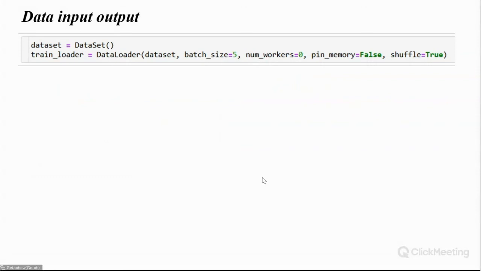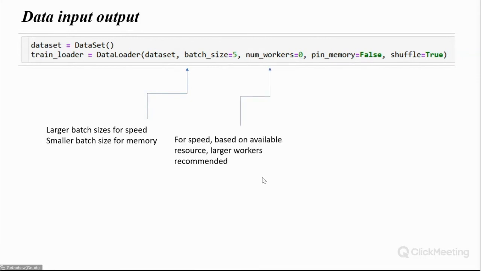The other is the data input output structure, because when we specify the data loaders, don't forget to put a moderate batch size. With a larger batch size the speed is quite okay, but it may consume too much memory, so speed and memory should be optimized together. Then specify the number of workers which can serve a single GPU. And pinning the memory to synchronize the data input output structure can increase memory use, but again with trade-offs on the speed.